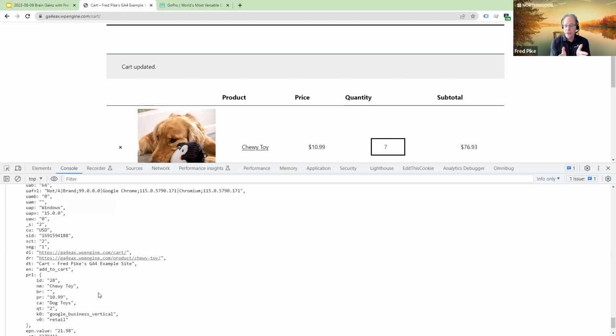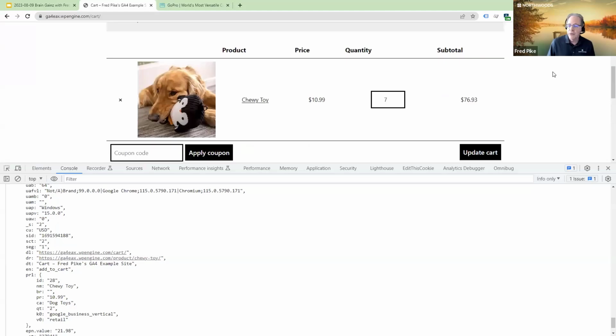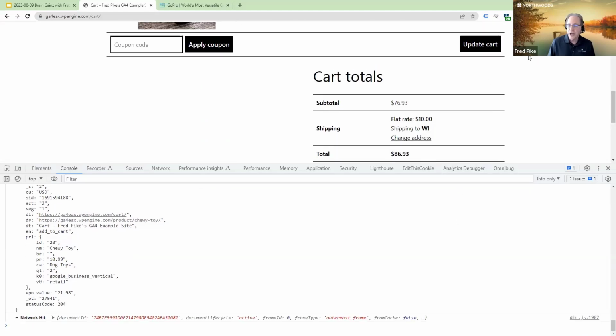So if I was auditing this site, I'd say, hey, nice job. You were able to add to the cart in the 3 different places where you typically do. You were able to capture the addition in the add to cart. The delta, you recognized that as 2 rather than 7. The price appears to be right. So this looks good. And then if we proceed to checkout,